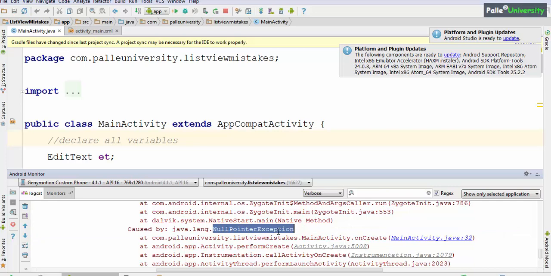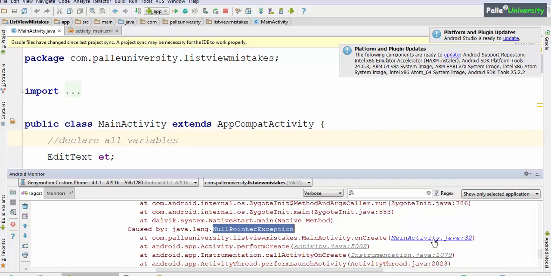The error that has crashed your application is NullPointerException. Remember, 90% of applications crash because of NullPointerException. So you have to understand that because of some code at line number 32, your application has led to a NullPointerException, which has crashed or abruptly terminated your application.